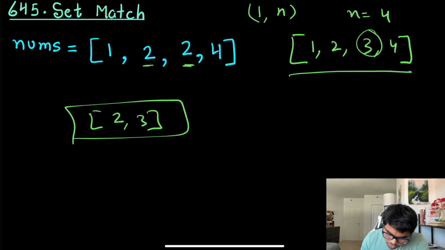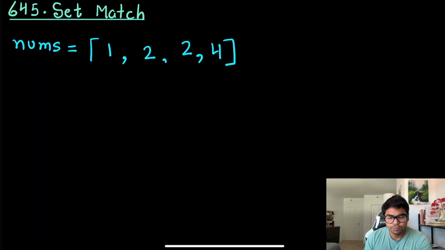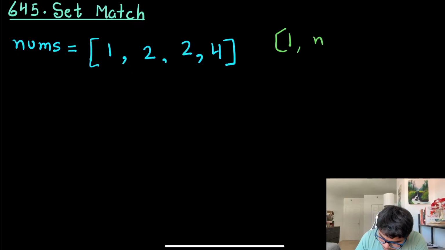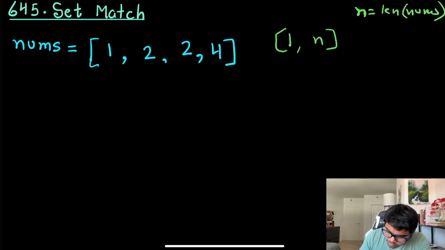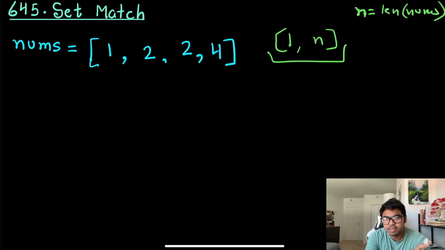Now what would be the brute force way of solving this? Since I know that in my array the numbers are going to be in the range from 1 to n, where n is the length of nums, in this range I'm going to see these numbers. If I was supposed to see all the numbers in here, that would be the original scenario. But in this case I will see that there is one number that is repeating,